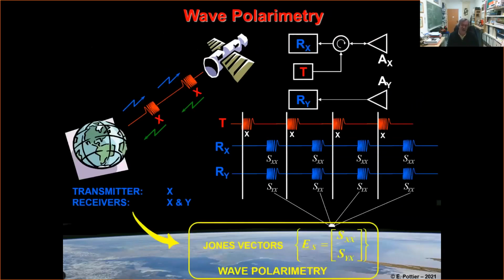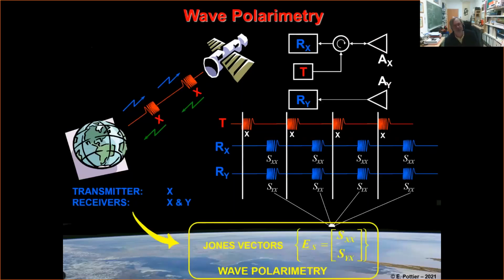Okay, so to create a polarimetric system, what do we need? We need, in fact, to add a second receiver and a second antenna. I will continue to transmit my wave using, for example, the horizontal antenna. But thanks to my two receivers, I shall now be able to measure the two components of the wave. So I start to have information about the polarimetry, the polarization of the wave, because I can measure the two components. This is a starting point if I want to do some polarimetry.